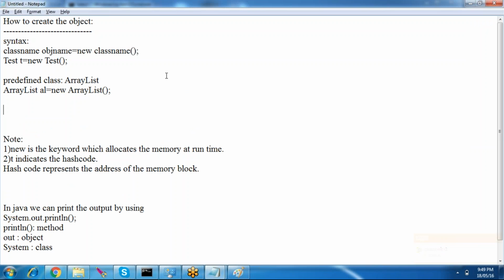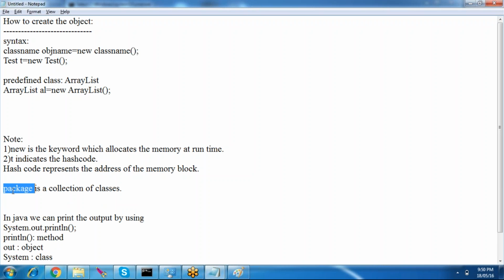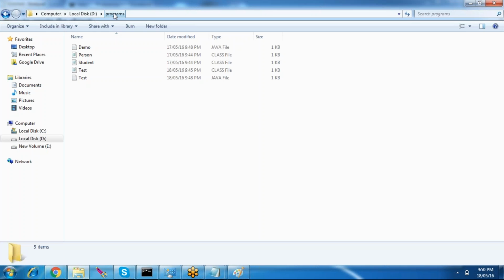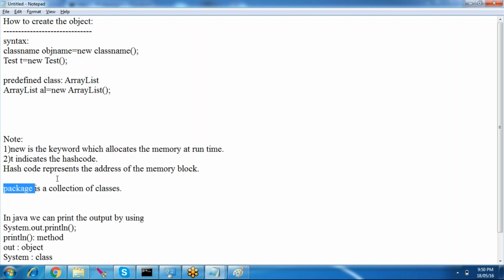All the classes, a group of related classes, are placed in a package. What is this package? A package is a collection of classes. It's nothing but a folder. Suppose programs is a folder; you can say programs is a package where you have the person, student and test classes. In the same way, for the predefined classes, there is a package, and that package is a collection of classes. So for ArrayList, we have to import a package known as